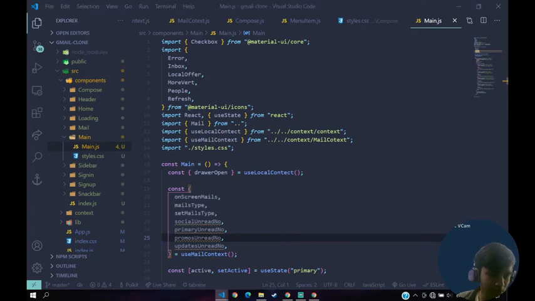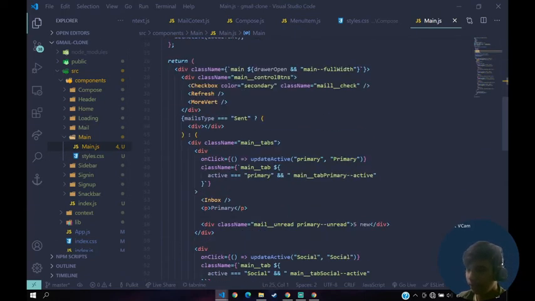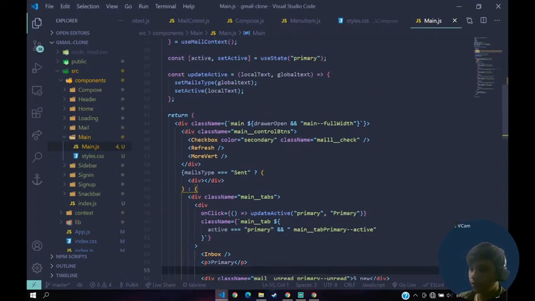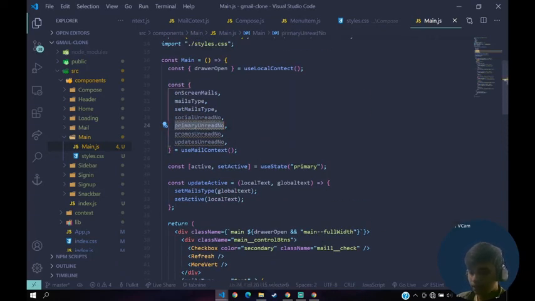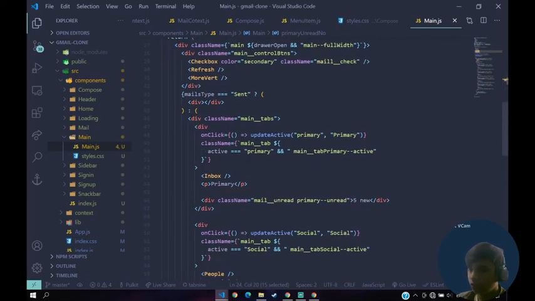So inside of our main, we'll go to our inbox, where we have a button. So here, this thing, right? Here first of all it's for primary, right? We'll copy this. If the amount is 0, then we obviously don't want to see this 5 new thing here, right?